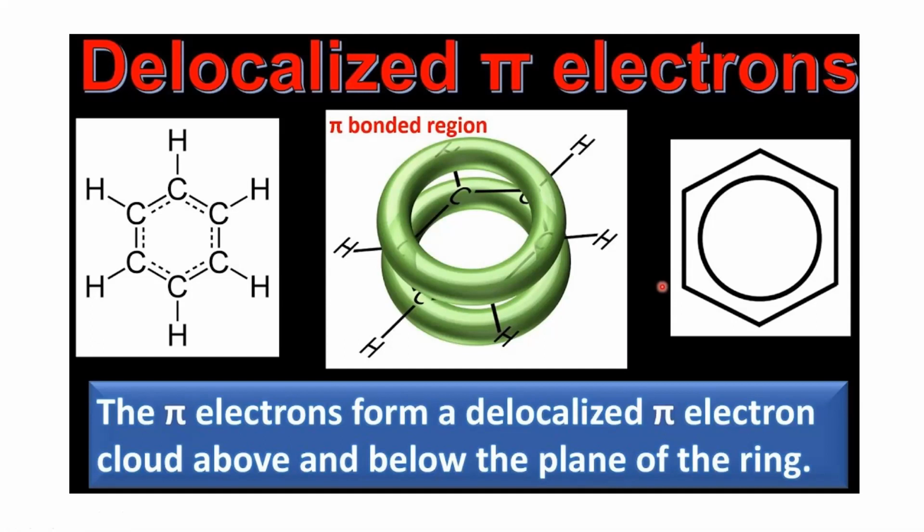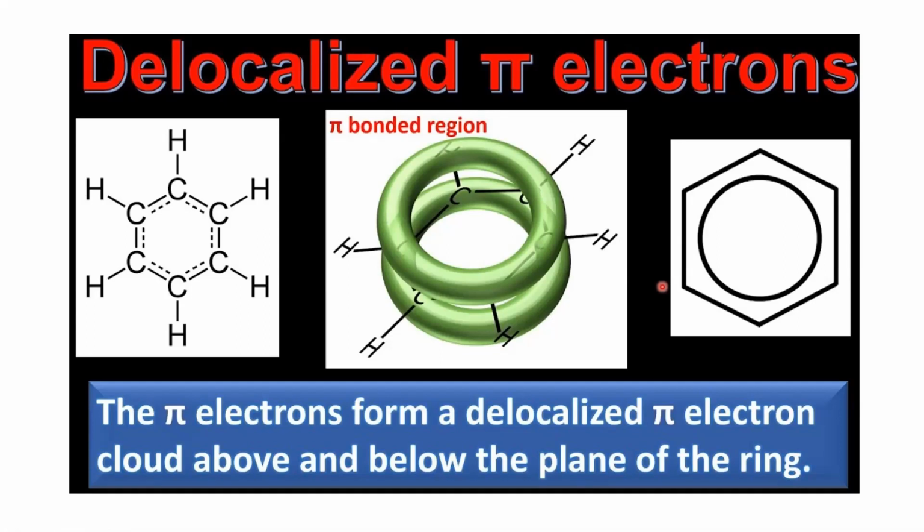X-ray diffraction data reveals that benzene is a planar molecule. Had any one of the above structures of benzene, A or B, been correct, two types of C–C bond lengths were expected. However, X-ray indicates that all six C–C bond lengths are of the same order, 139 picometers, which is intermediate between the C–C single bond, 154 picometers, and the C=C double bond, 133 picometers.